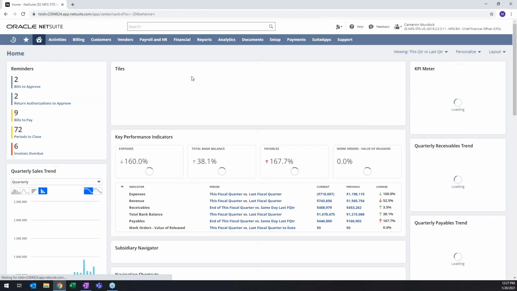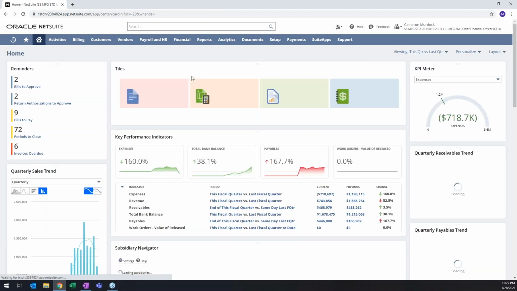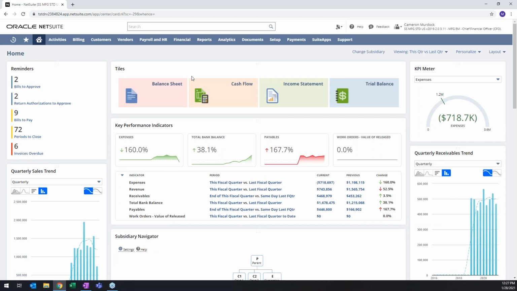I'm going to go back to the dashboard. So now we're back at the dashboard. A couple other things here. One of the things that I really think is important, when you're navigating and using NetSuite, in your current system, there's a lot of transactional activity. How do I keep the wheel going? Well, within NetSuite, there's a lot of automation that does it,